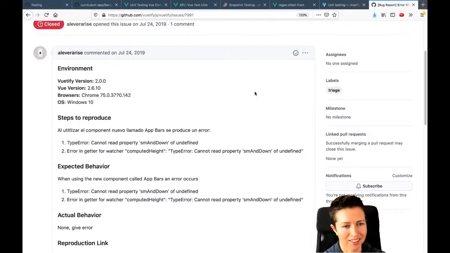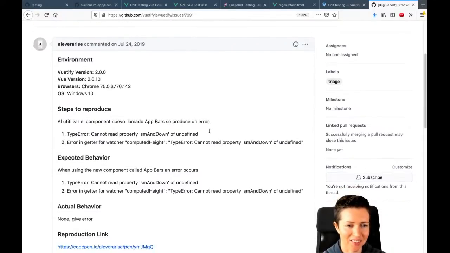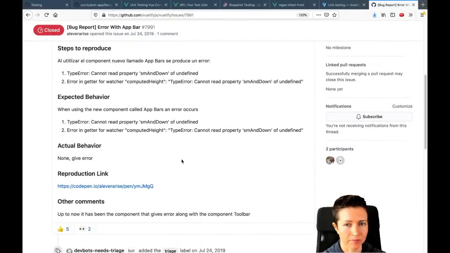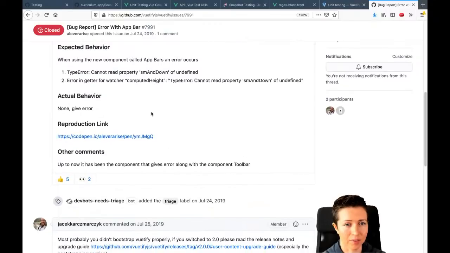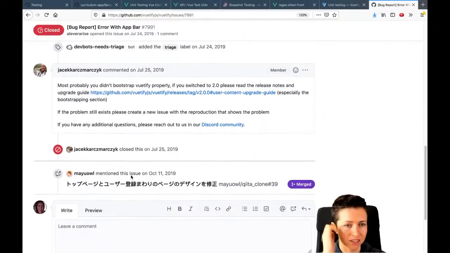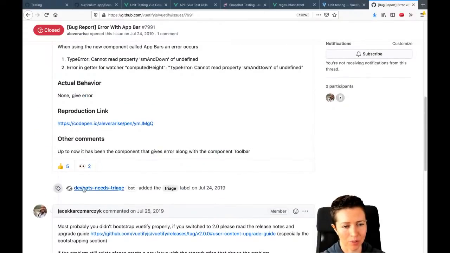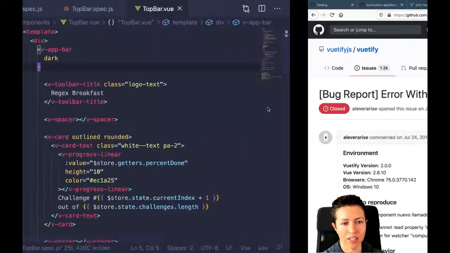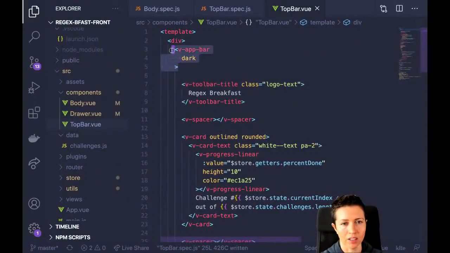So, okay, this person isn't writing entirely in English, but he's saying he has a problem with the app bar. Okay. They're saying if you switch to Vuetify 2.0, there's probably a problem with that. Yeah, I've been using Vuetify 2.0 for a long time, so it's not an issue with that. But let me just rethink how I'm doing this app bar. I'm guessing,